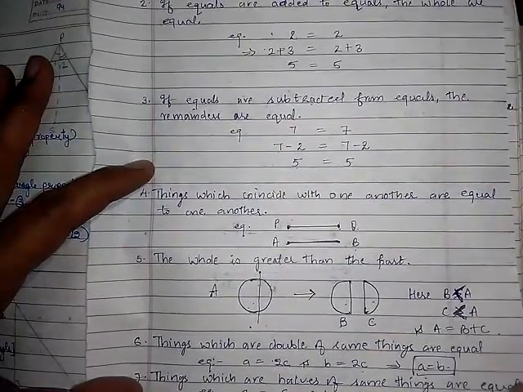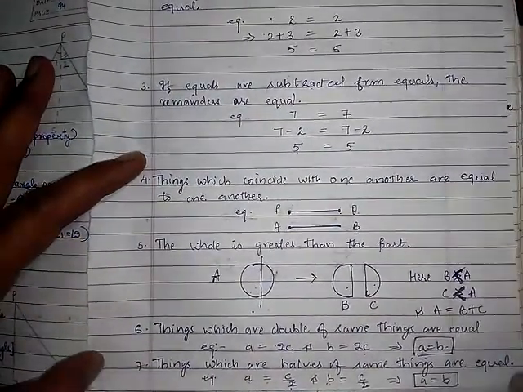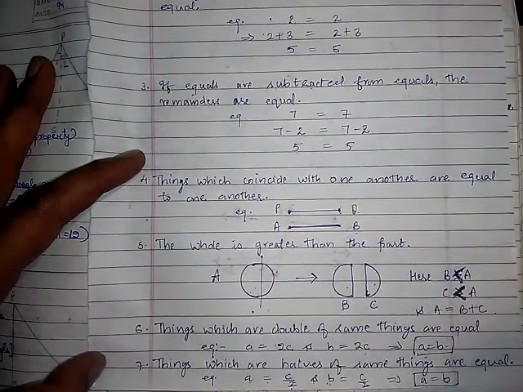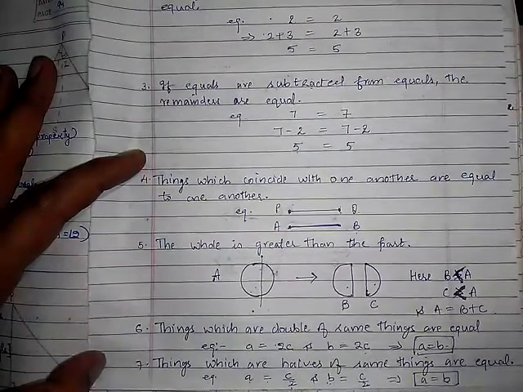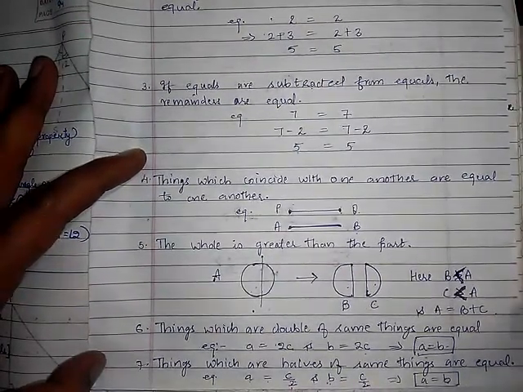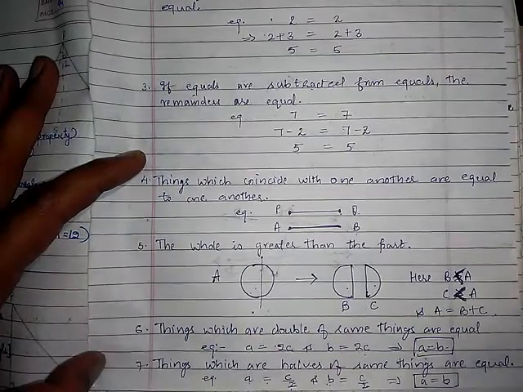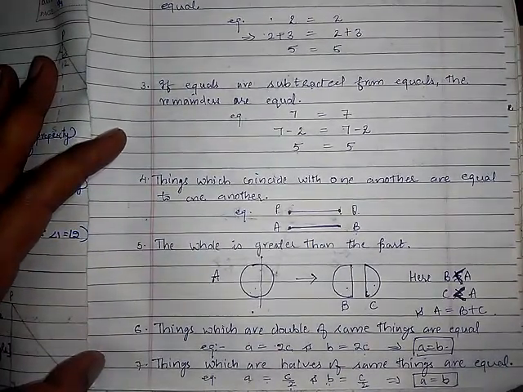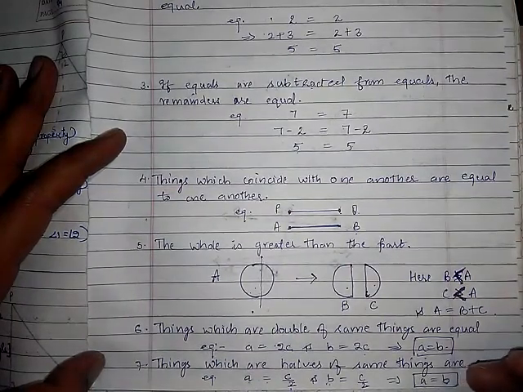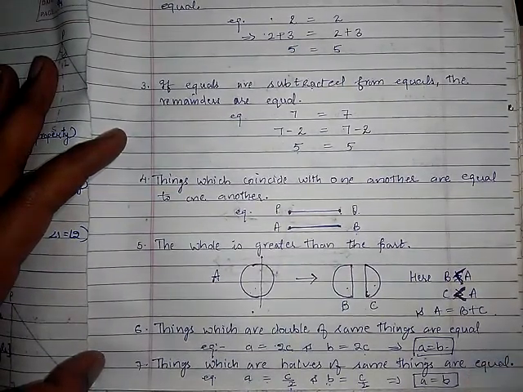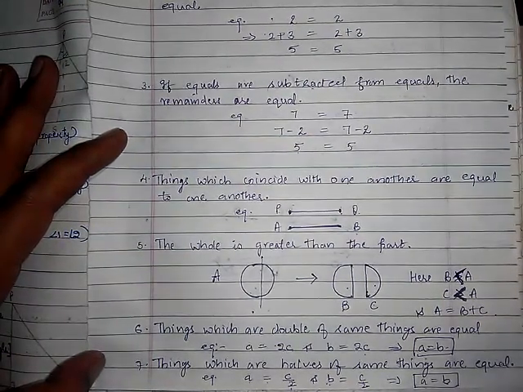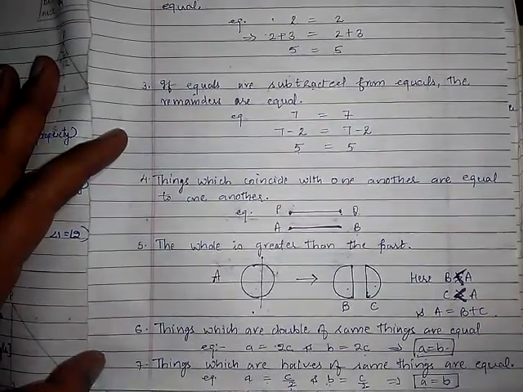So these are the 7 axioms stated by Euclid. You can see now that these are common things. You will say that we know them already. But now they are given in the form of axioms. So you have to learn these 7 axioms one by one, because sometimes in the exam they are asked as questions also. Write down the 3 axioms given by Euclid, write down the 5 axioms. So it means you need to learn them on your fingertips. Clear? Then come to the next topic, that is